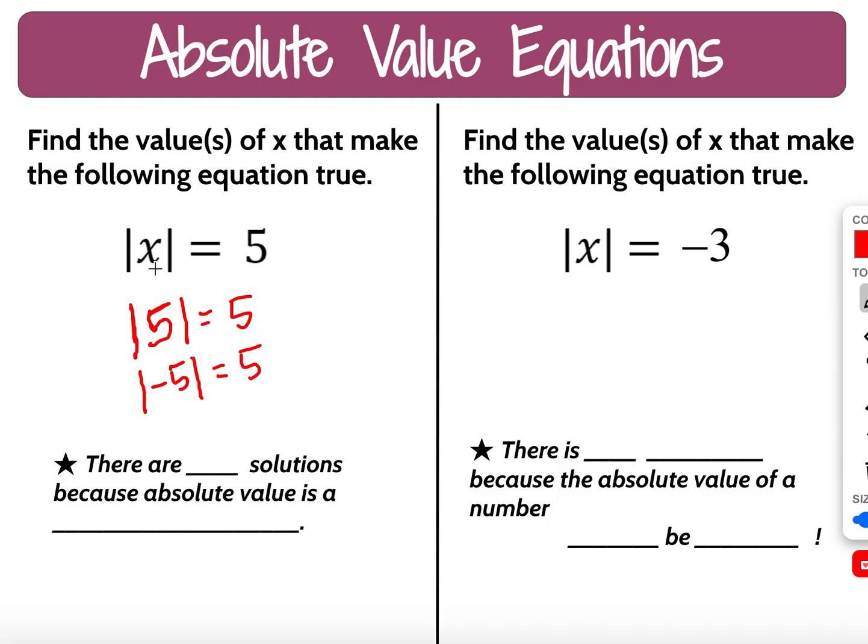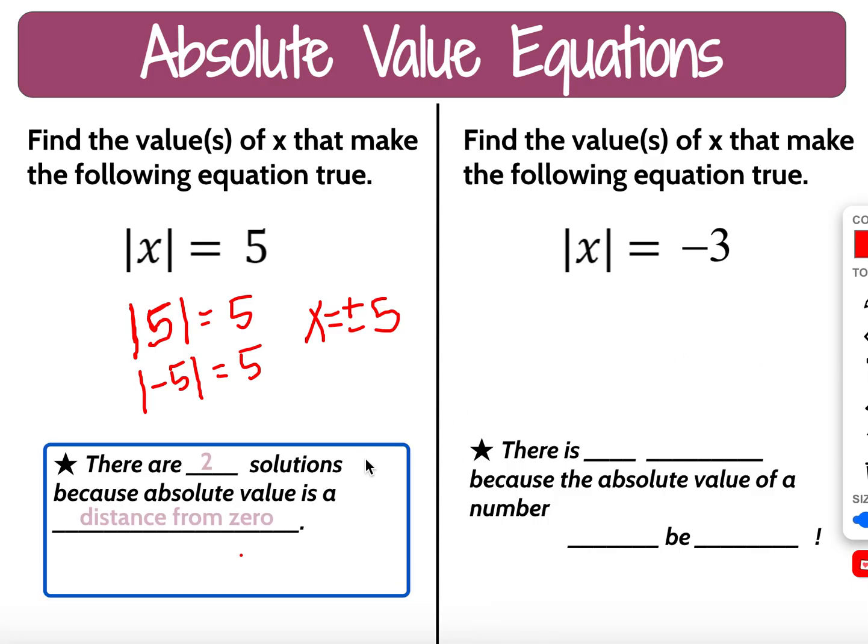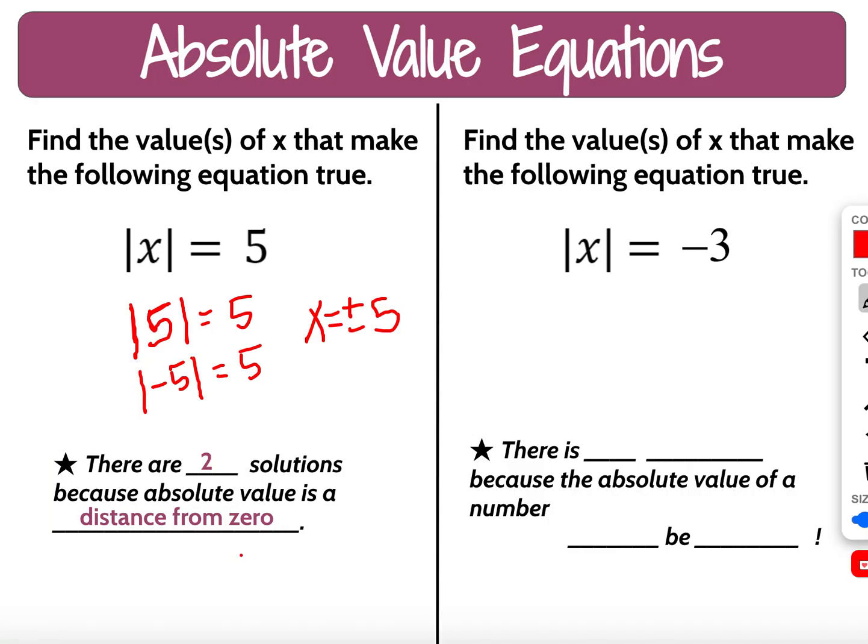So being that x could be a 5 or a -5, I would state that x is equal to positive and -5. There are going to be two solutions, and that is because absolute value is a distance from 0, and you have two numbers that have a distance from 0, one on the positive side of the number line and one on the negative side of the number line. Okay, then over here,